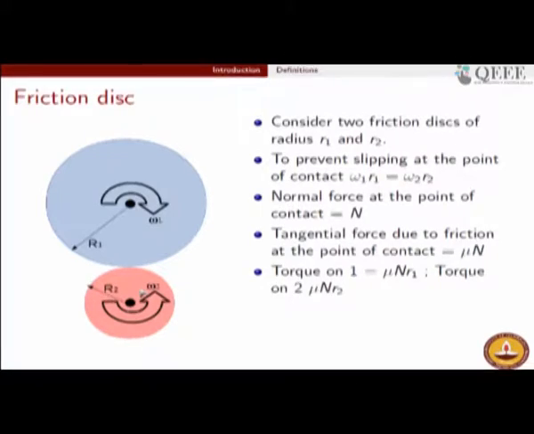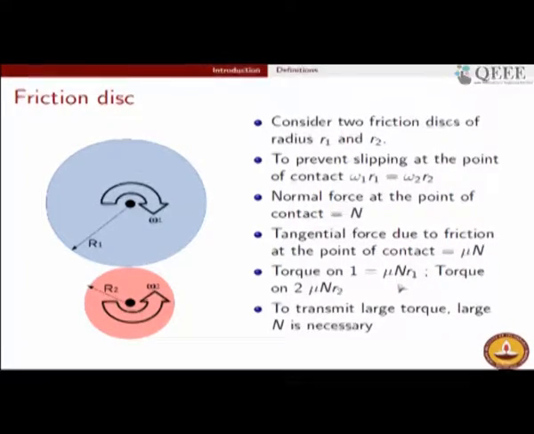Friction disc can only be used if there is a requirement of very little torque being transmitted, only then can friction disc be used. The other important problem associated with friction disc is that the value of this factor mu is not very reliable. Again, it keeps changing depending upon conditions, depending upon lubrication conditions. So therefore it is not going to be a reliable design if you go by friction disc, and therefore we come to gears rather than friction discs. So large torque transmission is not possible in friction disc. That is the major reason why we have to think